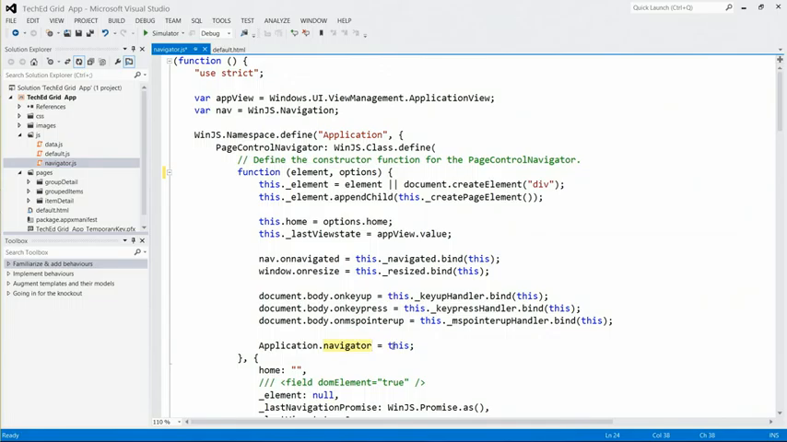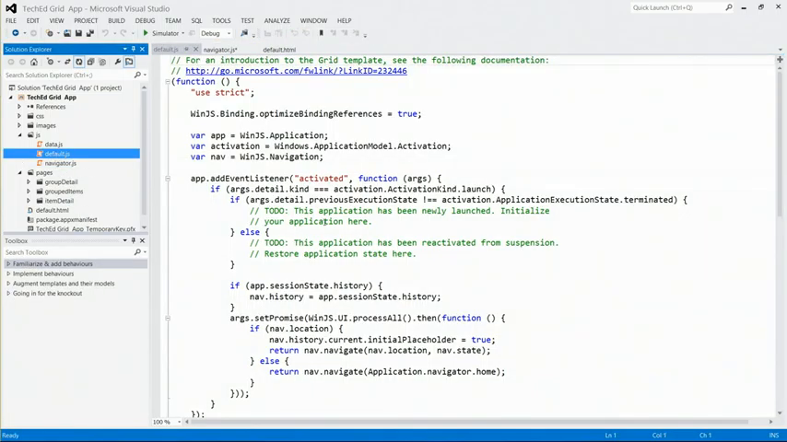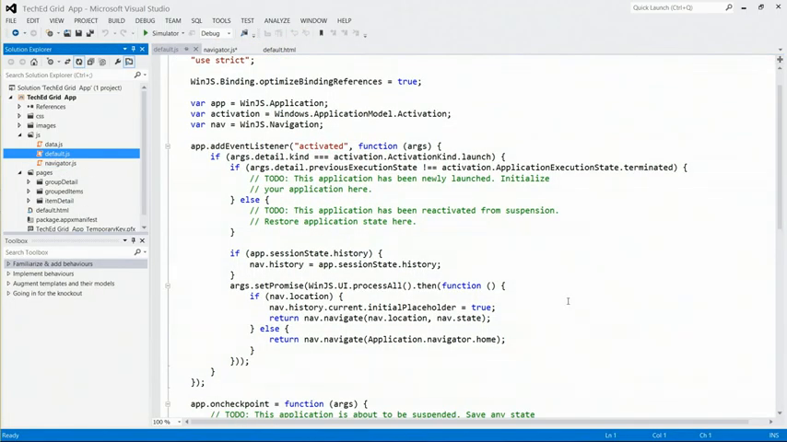But how did we actually get navigated there? Because you'll notice we have nav, which is WinJS navigation, but you'll never see a navigate in this file, especially one that goes to home. So that happens over in our default.js. So this is where our activation happens, and that's pretty much all you're going to use the default.js for,